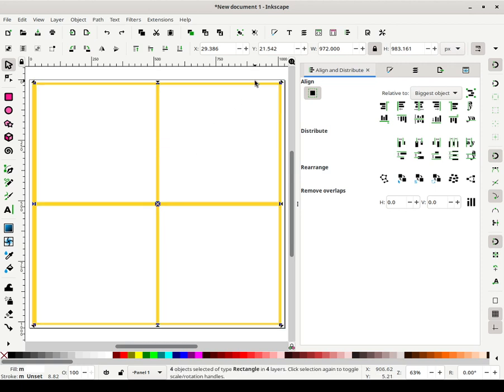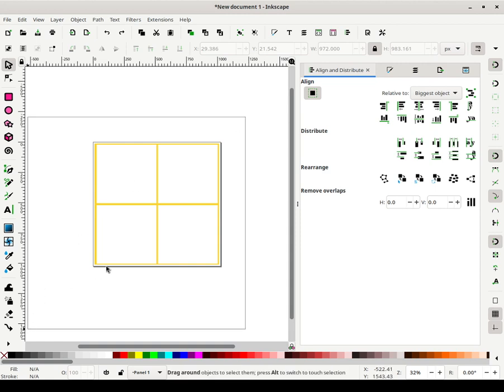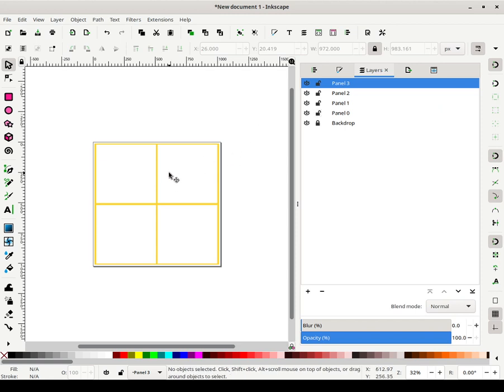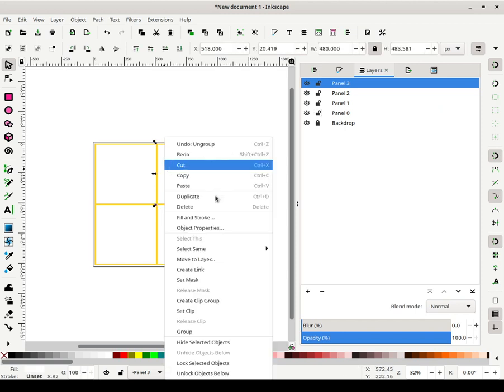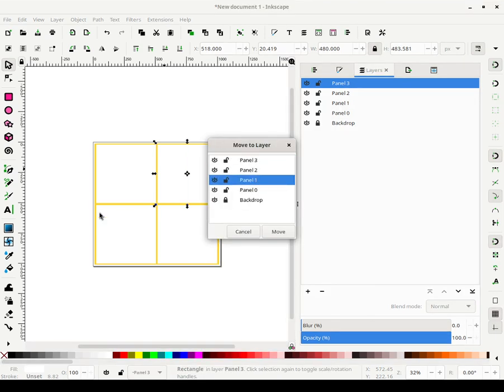Oh no. Okay, I forgot the on canvas one will function according to the page itself. So temporarily what I'm going to actually have to do is group all of these and then put them back on their actual layers when I'm done. So grouping everything, align them to the page, then ungroup them, and we're just going to put them back in the layers that they belong to. I should have actually done that before I put them in their individual layers, but I did not think that through, so my apologies.